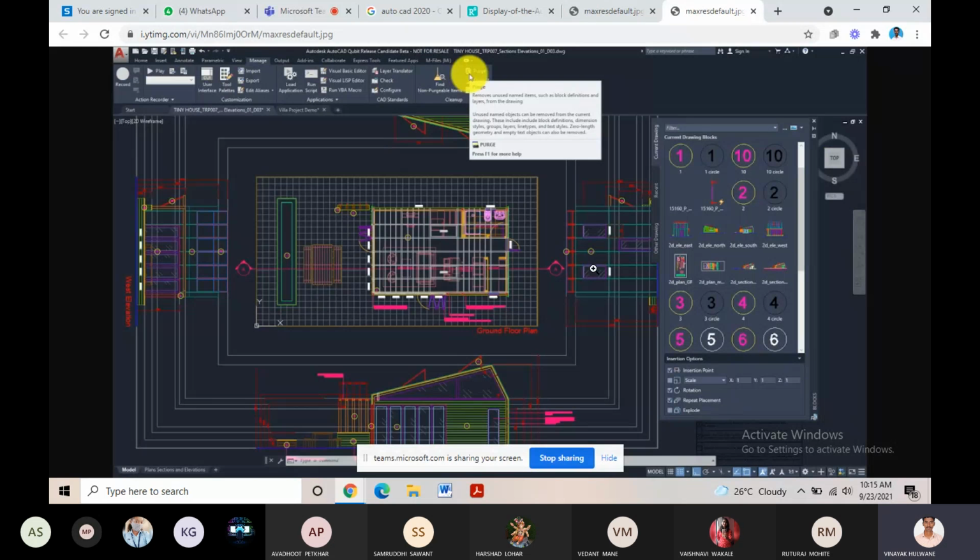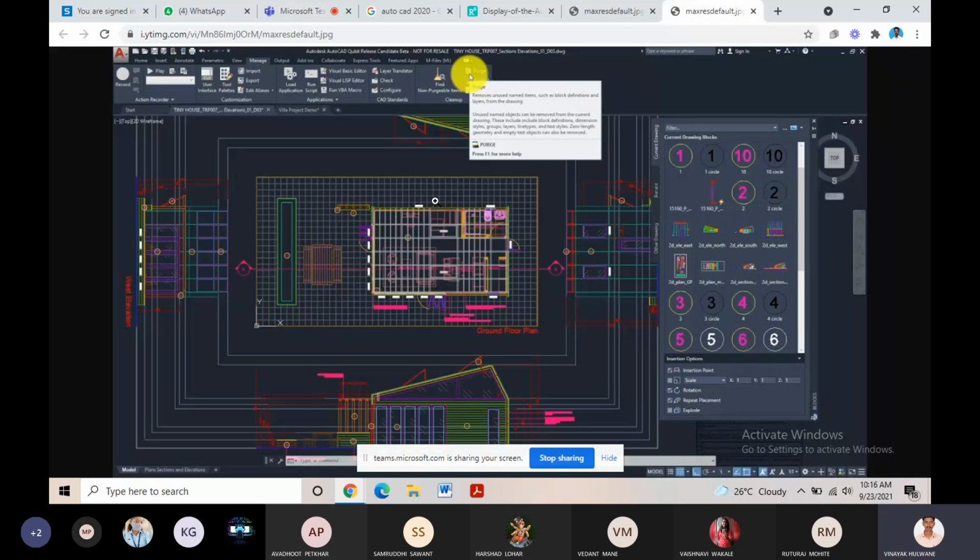But on my computer, the AutoCAD 2007 version is available. If we come to our college laboratory, AutoCAD 2020 software is available, so you will get the latest version of AutoCAD there.